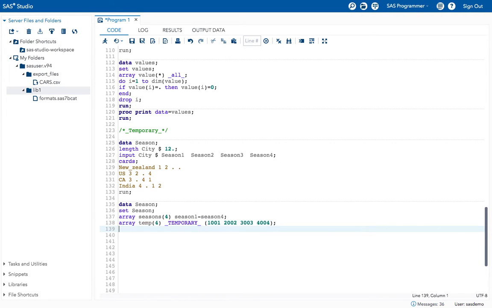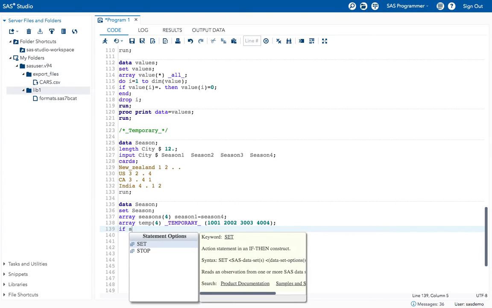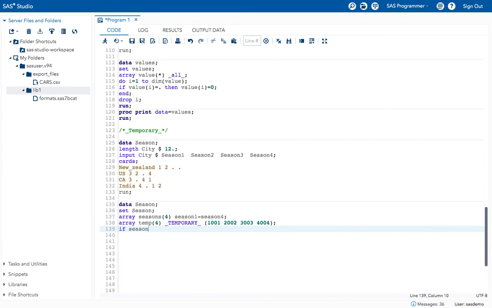So now what I have to do: if seasons I equal to missing, then I want to give seasons I equal to temp I. Basically, what I am giving here is, if season I is missing, give the temp I value.